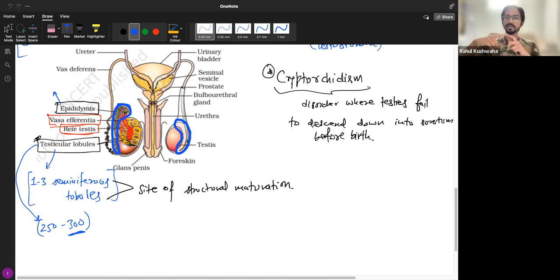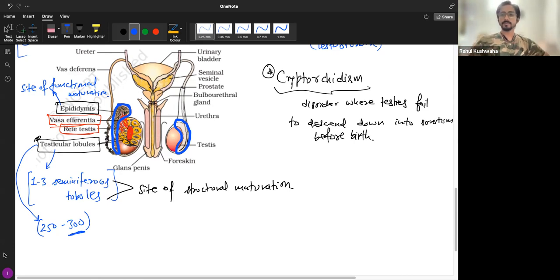That's called whiplash motion. So sperm also have to be functionally mature to do that, plus other aspects of functional maturity that we will study later on in this chapter are given in the epididymis. So write down, epididymis is the site of functional maturation. And this is a question that comes in your NEET exams.